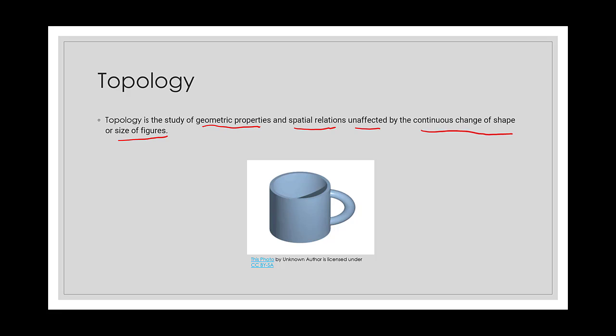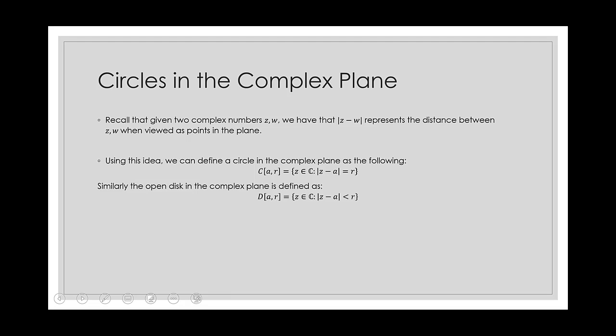Now, what we're doing in this course is we're not sort of getting at the geometric properties. Well, kind of a little bit, but we're not getting too deep into it. Basically, we're going to be covering a little bit of what's called point set topology, which deals with open sets and closed sets. And that's what we're going to jump into very, very soon. All right, so let's get started with the topology that we need in our class.